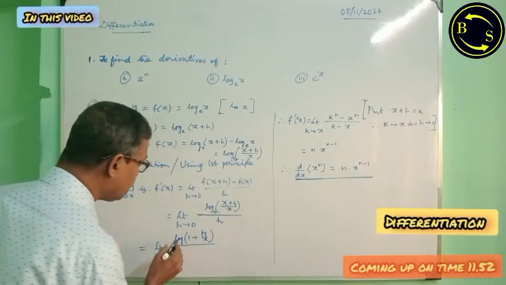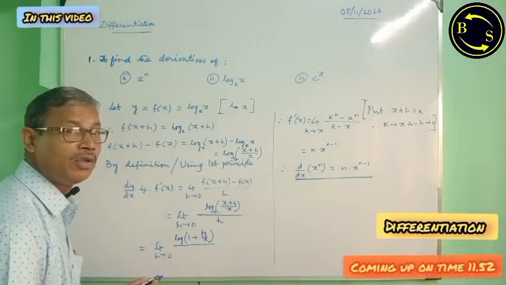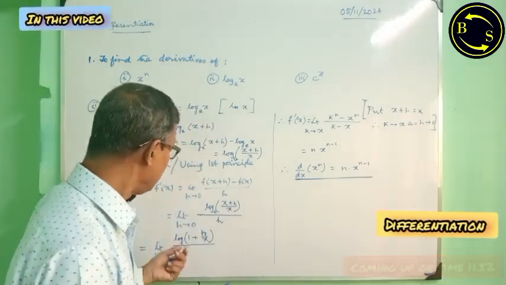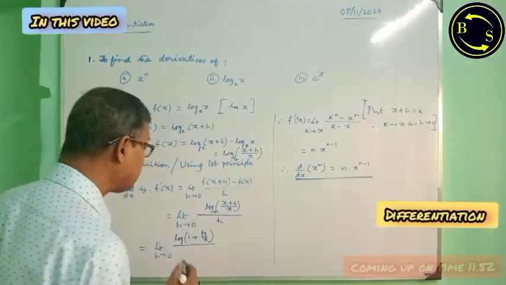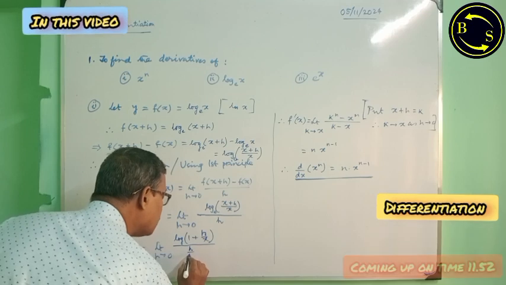Now I see in the standard limit it is log of 1 plus x divided by x. Here in place of x it is h by x. Therefore we have to get here h by x. For that,